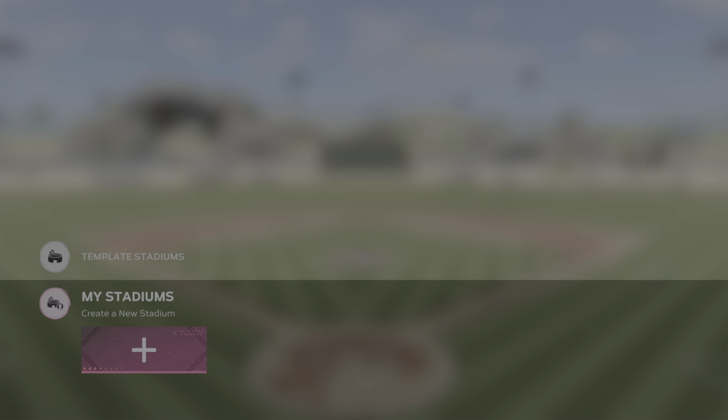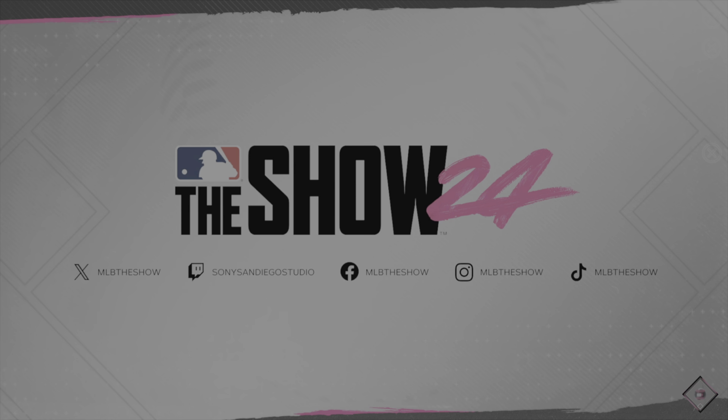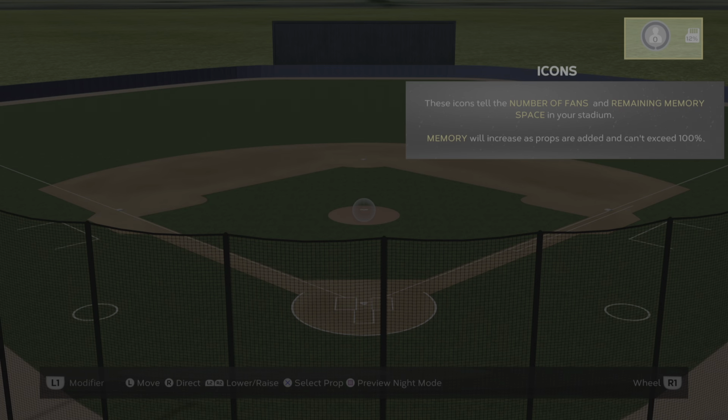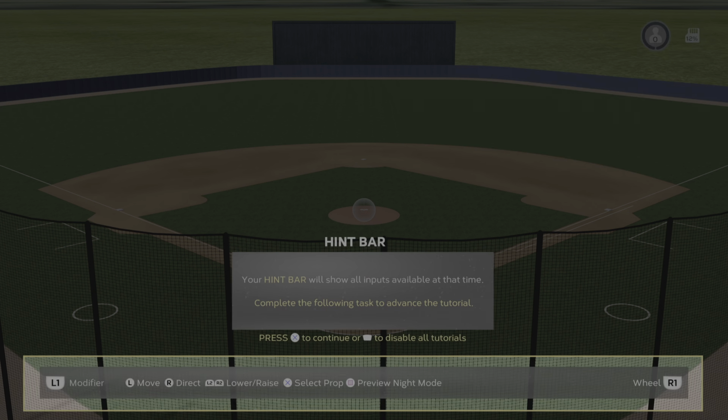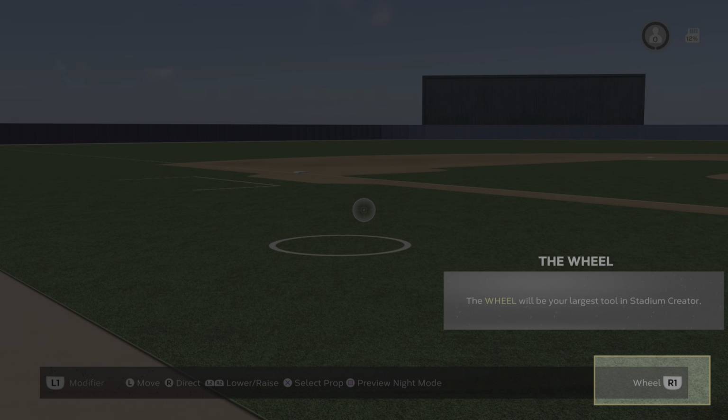MLB The Show 24. Now we're looking at Create a Stadium. We're looking at the new stuff that they added to Create a Stadium. Now we're going to look at templates, but I'm gonna do that in a separate video. Right now we're just going to look at Create a Stadium, and the stuff it came with. I dropped a video earlier today showing you that this game has added monsters to the game, and it did. They added some monsters to the game,